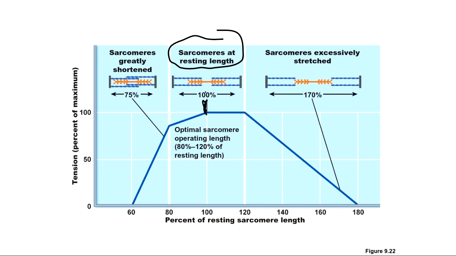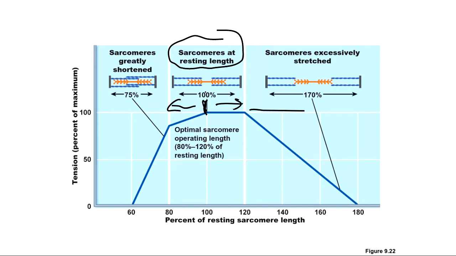If we begin to stretch the sarcomere past that 100% to almost 120%, that sarcomere will still produce very strong contractions. By the same token, if we constrict the sarcomere to where it is about 80% constricted, you will still create enough contraction. However, if we stretch the sarcomere past 120%, now we've stretched it so